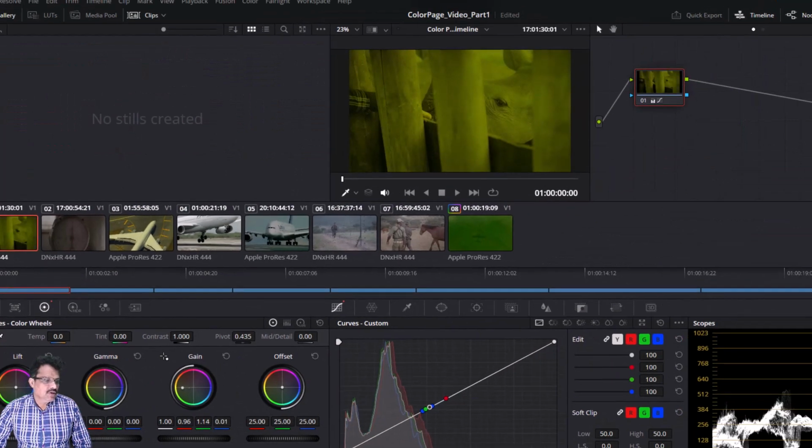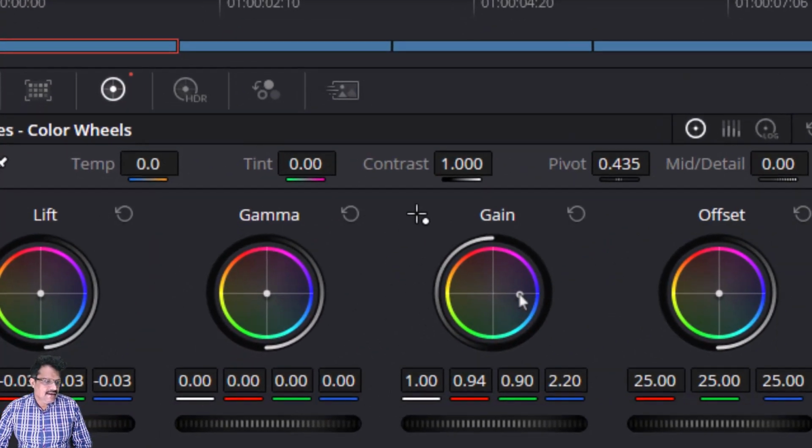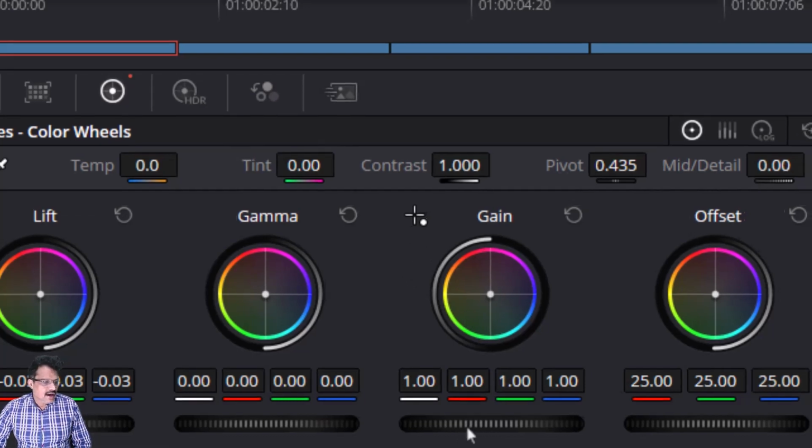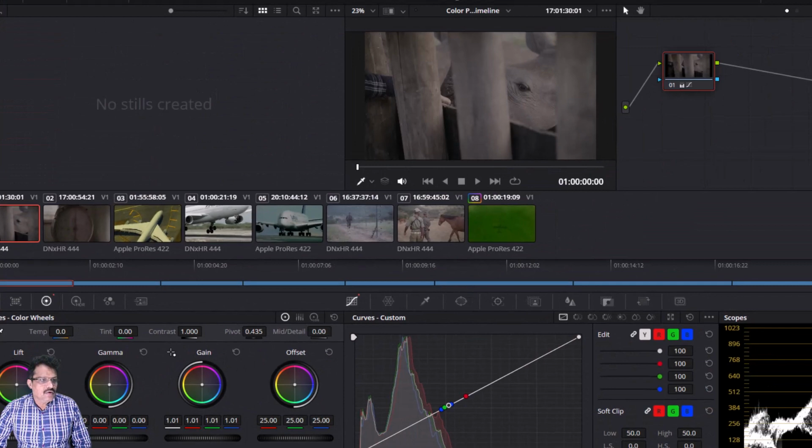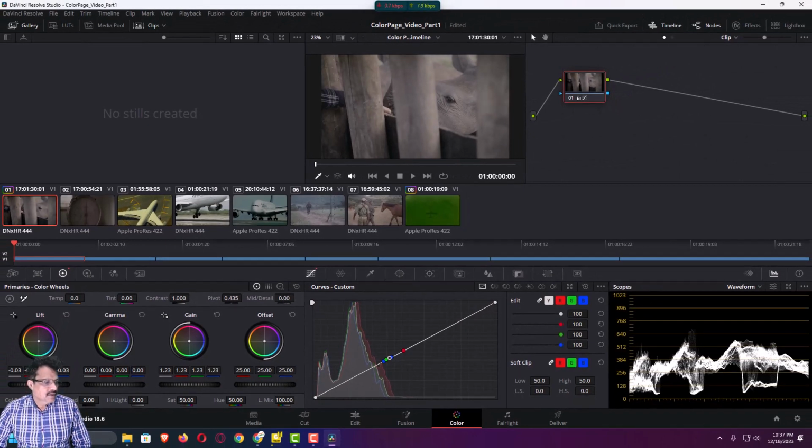If I move it towards yellow, it changes to yellow. If I move it towards blue, it changes to blue. I will again double click to reset it, and here if I turn the bottom wheel, you can see the gain, or the white areas, are going to move up, and we are going to move it up, and as